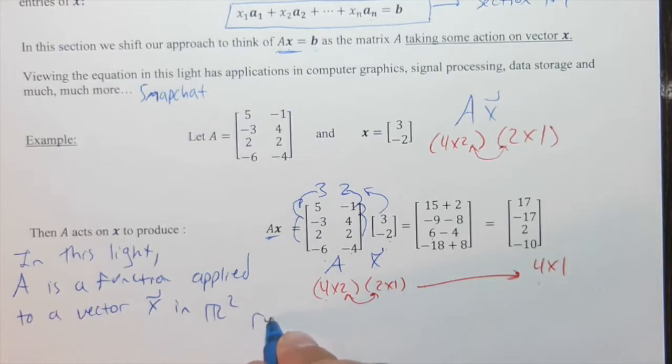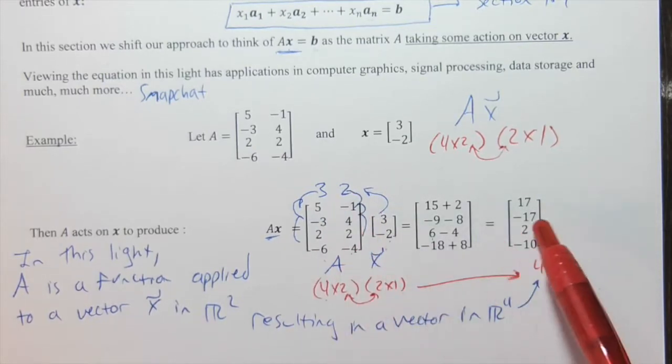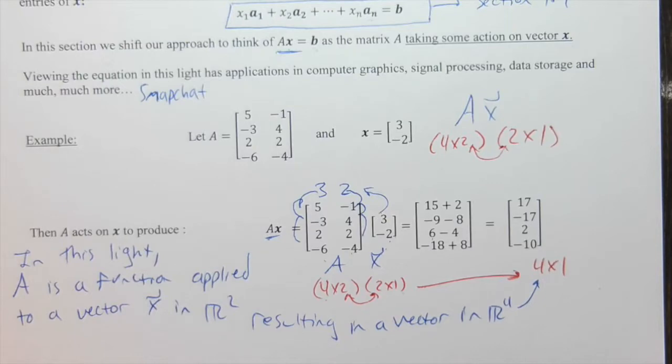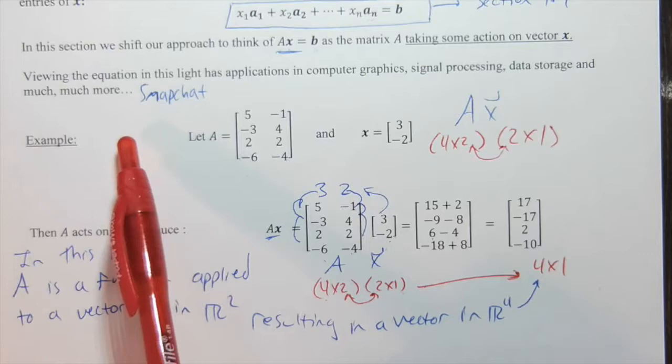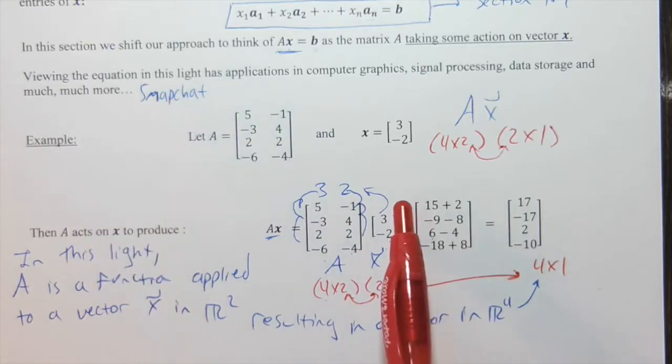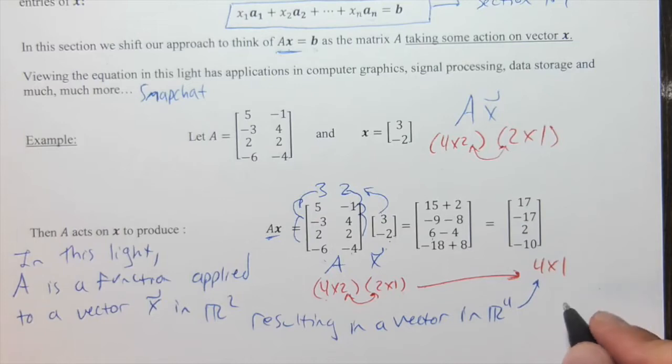And what happened, it created a vector in R4. So we're thinking about this matrix transforming this vector, just kind of thinking back to the Snapchat example. This isn't exactly how Snapchat works, but we can think about it in a similar way. We can think about this as being our original picture, and somehow we have a different picture now that A has acted on it. And so the notation we would use in this sense is we would say